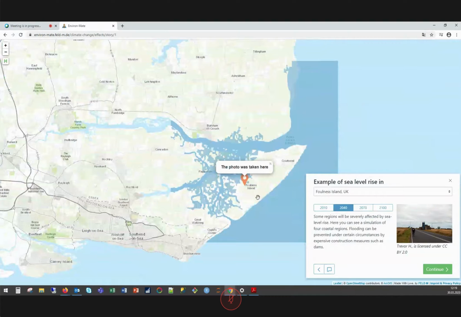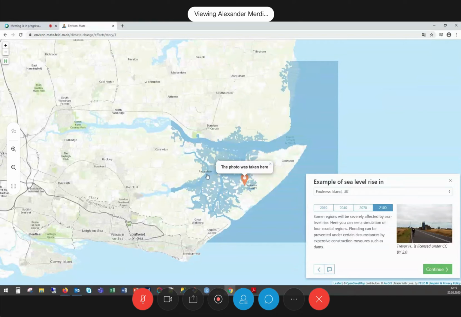So here, for example, this is Foulness Island in the United Kingdom. And this little animation shows how the rising sea level is expected to impact the surrounding area. So here's the ocean. Here's a river and some more rivers.